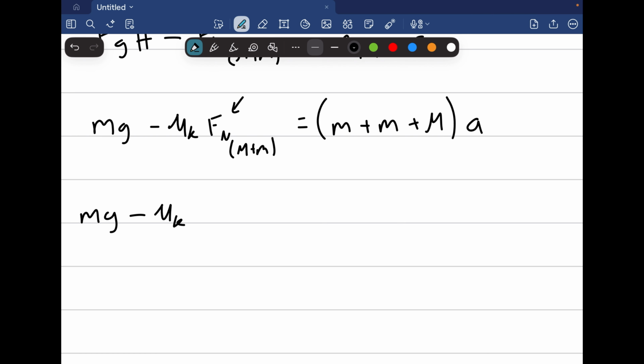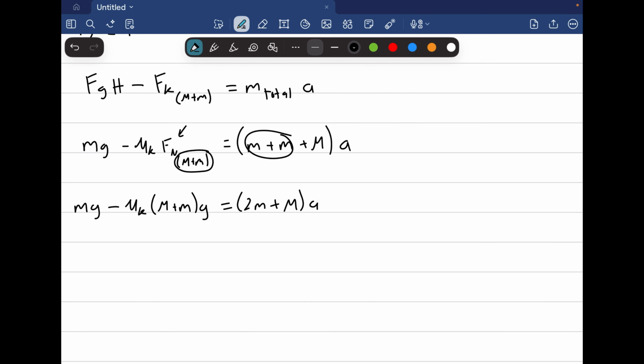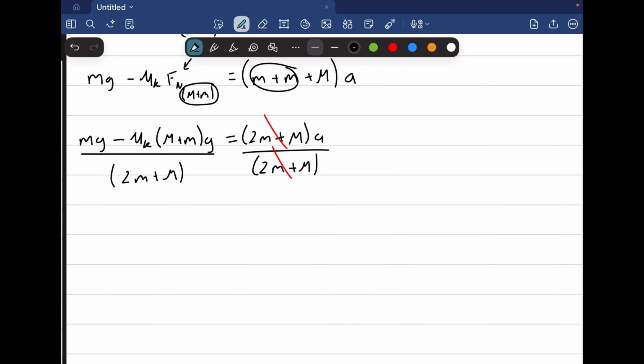Then since we're adding both of the masses, your m is capital M plus lowercase m, and then g equal to, and then I'll combine these two, so 2 lowercase m plus capital M, A, right? Then divide both sides by 2 lowercase m plus capital M. Right, cancel. So your acceleration function is